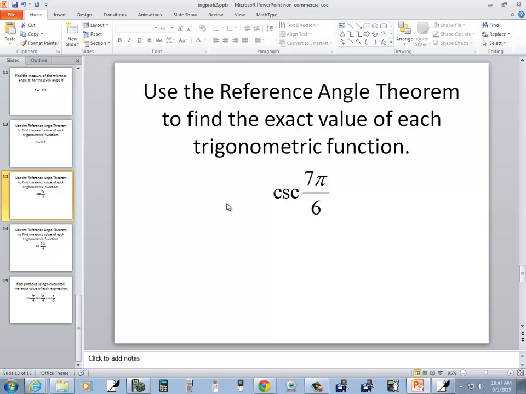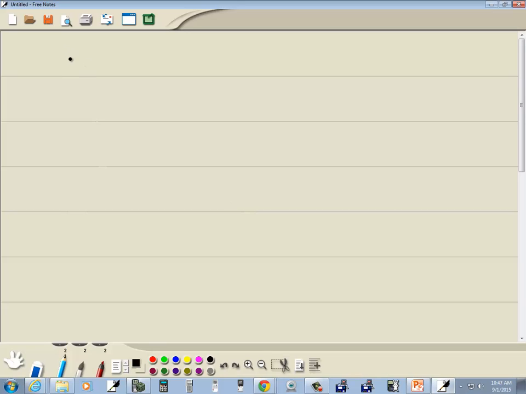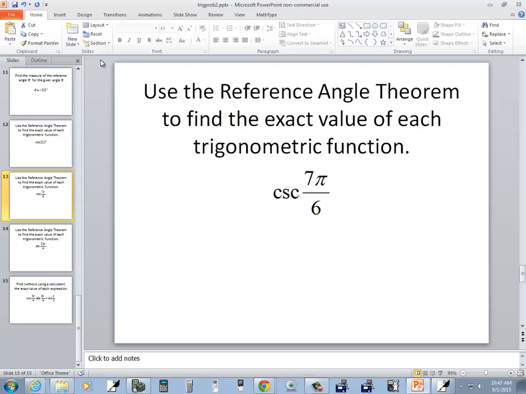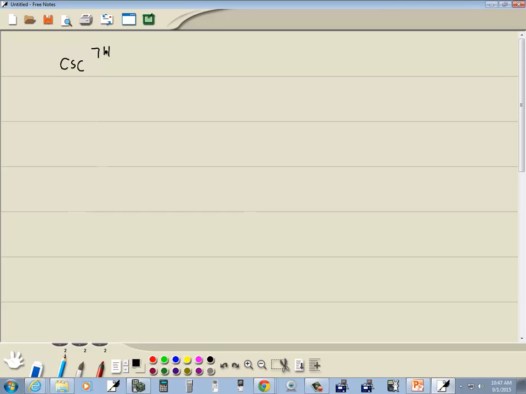Let's take a look at this one. Use the reference angle theorem to find the exact value of each trig function. So we got cosecant of 7 pi over 6. And let me write down our chart here to go from 0